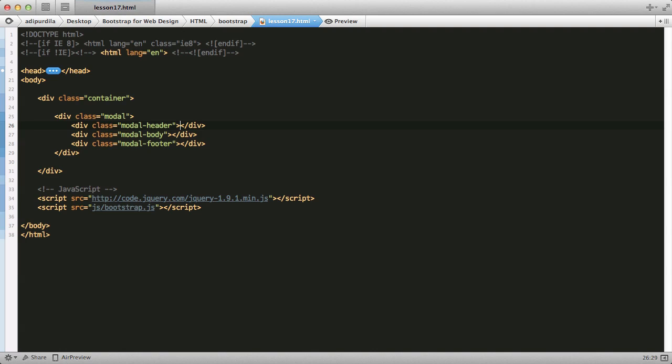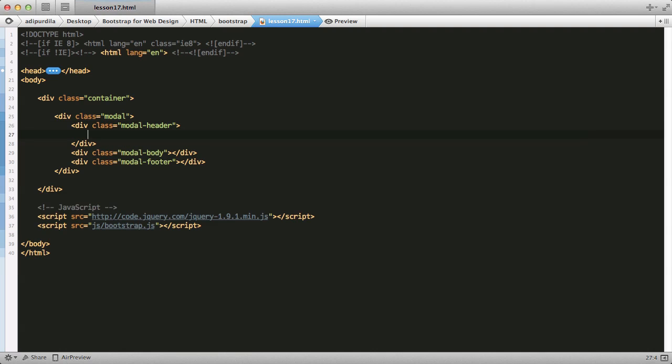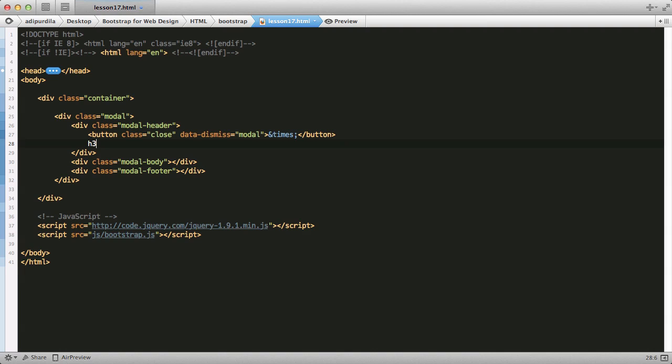All right. Now, you can have any kind of content in these sections, but usually the header contains a title and a close button, and the footer contains one or two buttons. So the close button is the same we used for the alerts, if you remember a few lessons back. So I'm going to say button with a class of close, like this. We'll do times here to create an X, and also data dismiss will be modal, and also we'll place an H3 as the title,